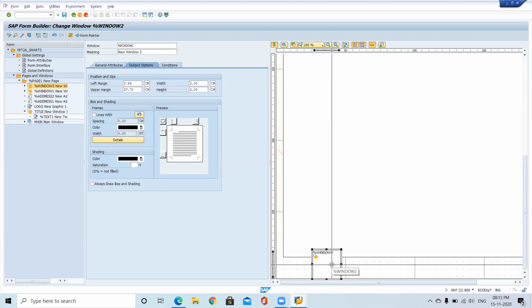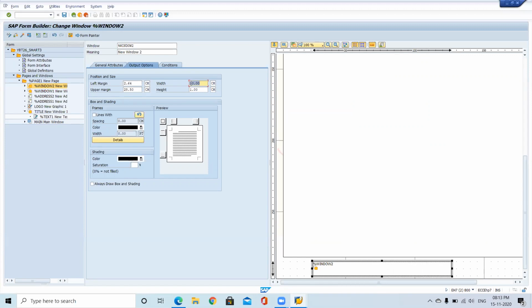So I just want to place it here, at the bottom of this one. 28.5, height is 1 centimeter, which is enough, and width I just want to print like 10.